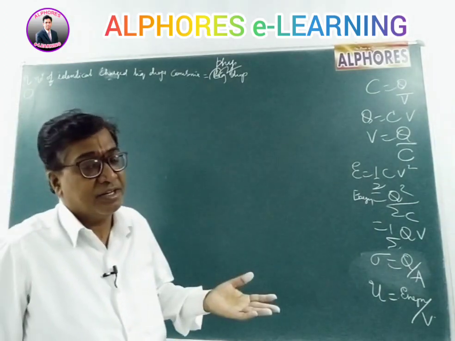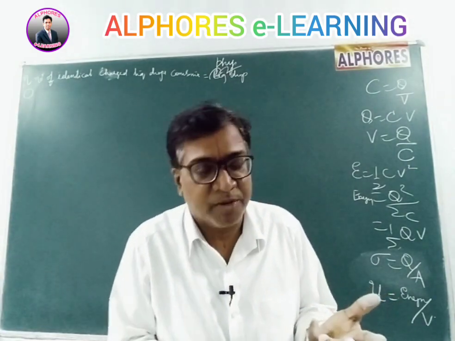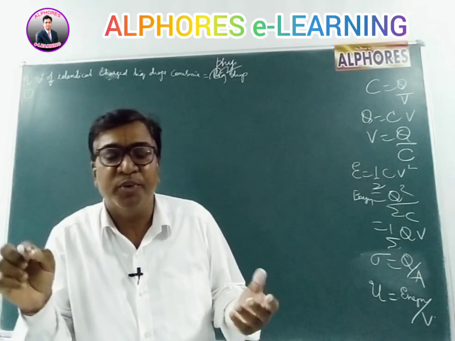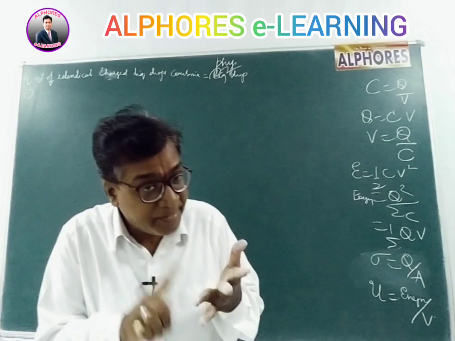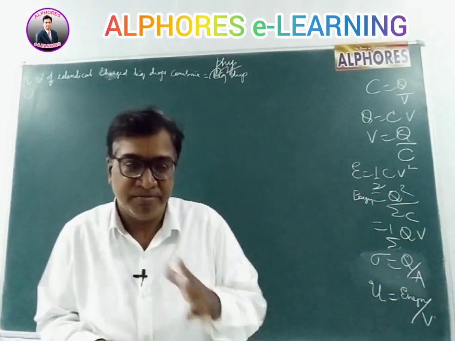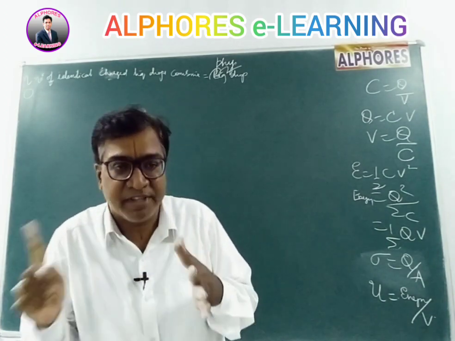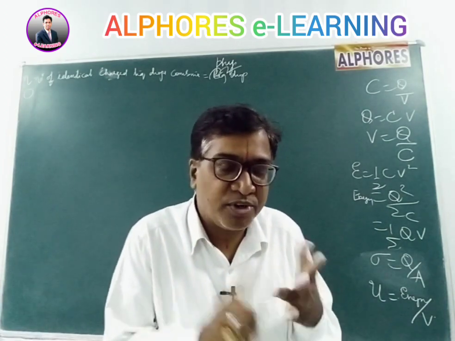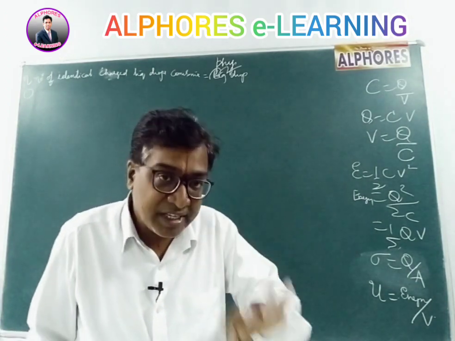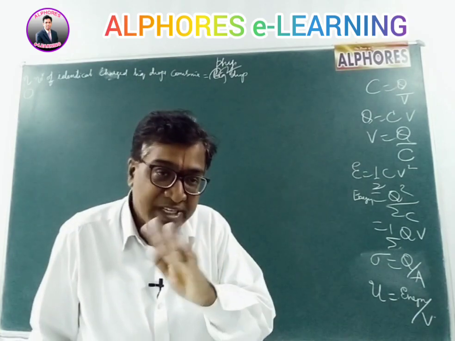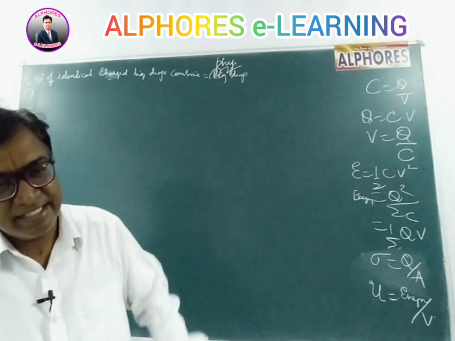What are the various electrical parameters that actually exist? Well, charge of the big drop with respect to the small drop. Suppose the charge of the small drop is small q and the big drop is capital Q. So capital Q is how many times small q? Surface charge density of the big with respect to small, electric field of the big with respect to small, electric potential of the big with respect to small, capacitance of the big drop with respect to small drop, potential energy, electrical energy of the big to small, and finally the energy density of the big to small.